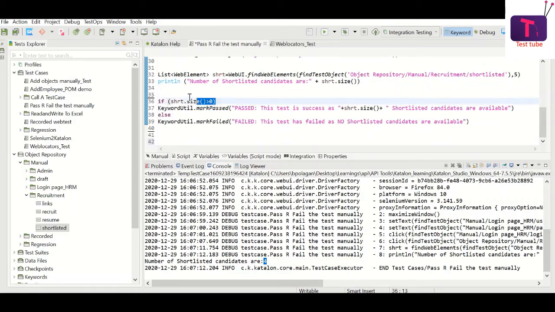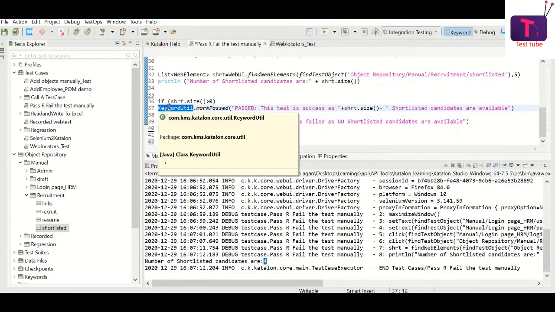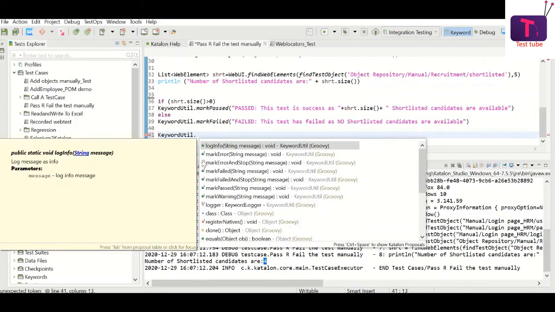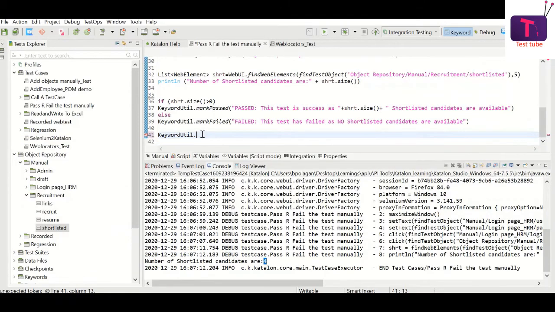Like we discussed, I have used an if condition. If it is returning an integer, I mark the test case as pass and say I got the list of candidates. Otherwise, I mark the test case as failure and say there are no candidates available as shortlisted. This keyword has access to many methods such as mark passed, mark failed, mark error, and mark warning.